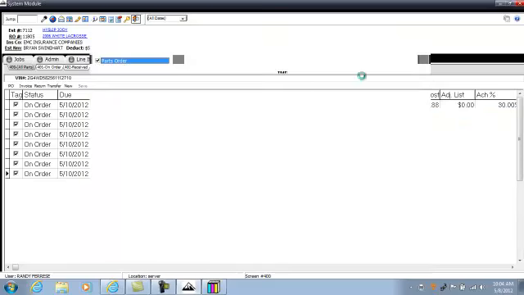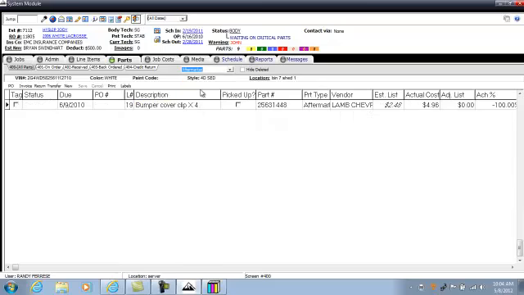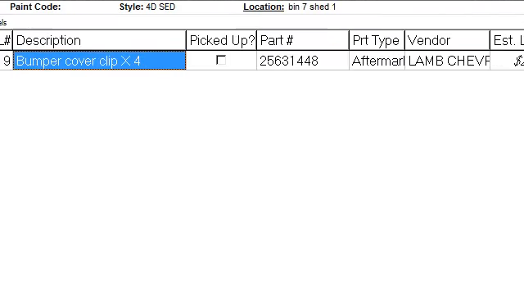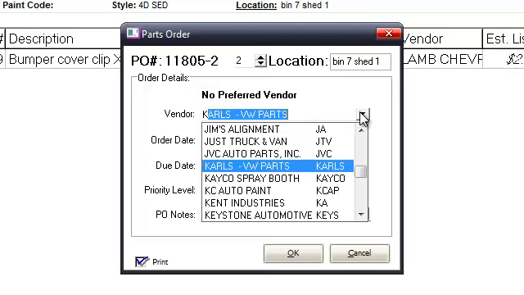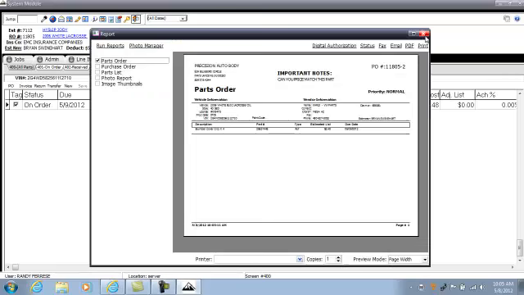I can close the box. Now I've printed a parts order, and as you can see, I have the parts on order. Now, if I want to do aftermarket parts, I can do the same thing. Select the aftermarket, tag, drag, and drop. Now I can order those parts from another vendor. Same procedure, hit OK, and